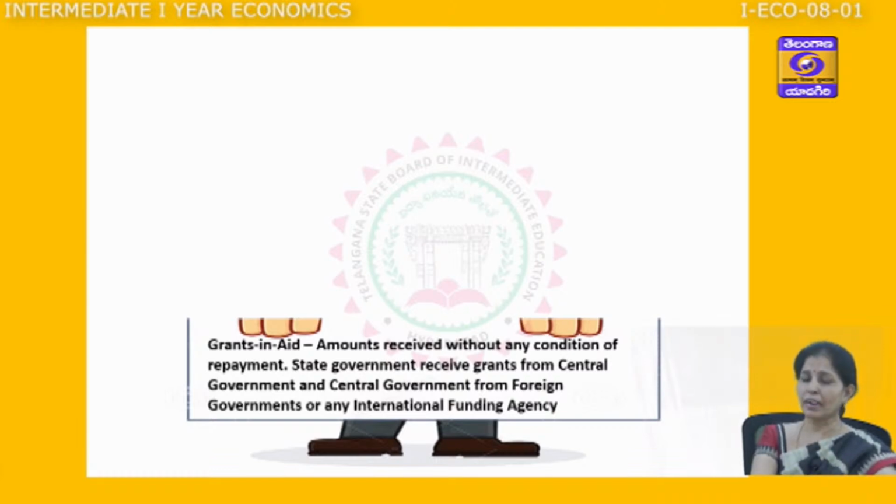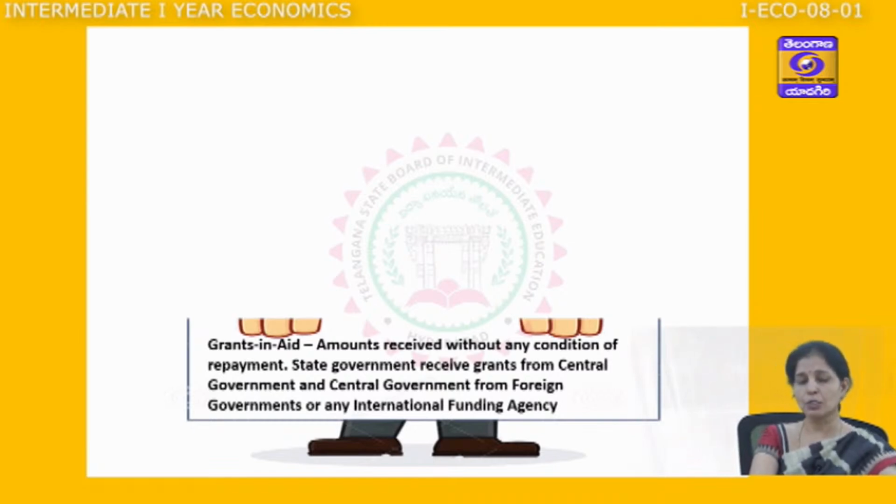Generally we find this when any state is suffering from a natural calamity. Recently, when we had the Kerala floods, the money the government spent came from voluntary contributions made by institutions, NGOs and the government. So when the government is giving or receiving this kind of funds, we call it grant in aid. So these are the different kinds of revenue the government gets: direct taxes, tax revenue